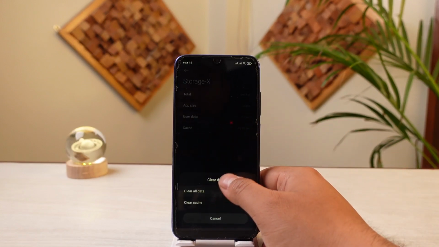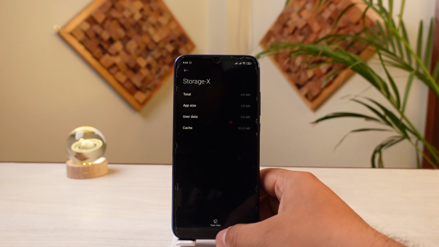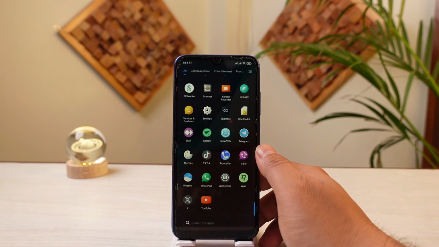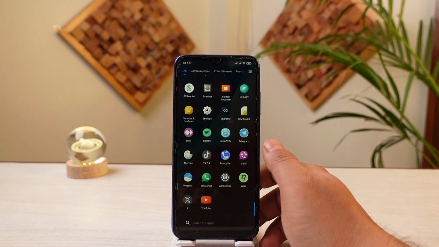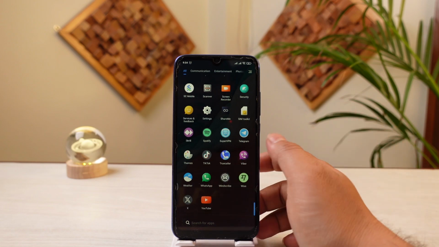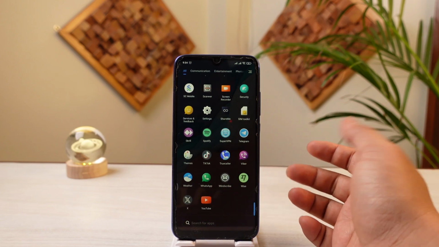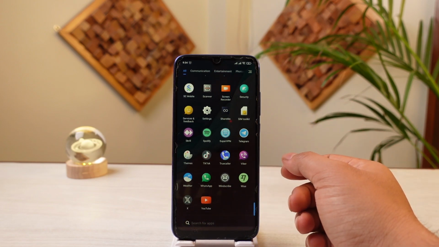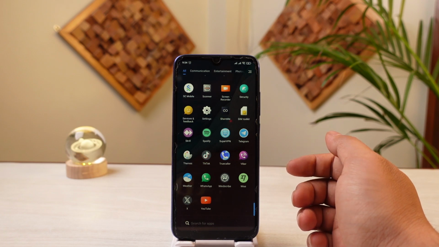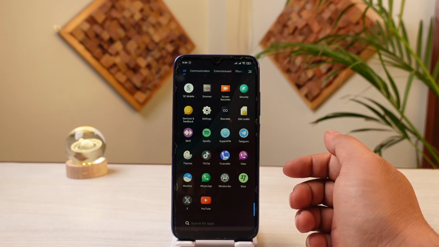as clear all data. What this will do is delete any sort of corrupted files which might be causing the issue and will also log you out of your account. So once you complete this step, try to log back in to your account and see if the issue is now solved. If the issue still persists, then what you can try out in this situation is try